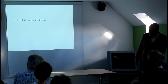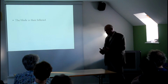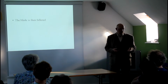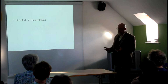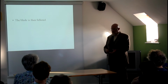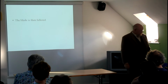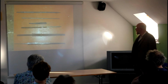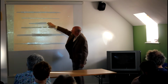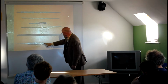Then you have the fullering of the blade, because obviously a blade that has been forged is just a lump of steel and iron, and it's practically useless. You might as well hit someone with a bar, because that's effectively what it is. It's not sharp, and it's unbalanced, and they're useless until they're fullered. The fullering process then, so that gives you currency bar, billets, welding, edging, down into edging, and then finished blade